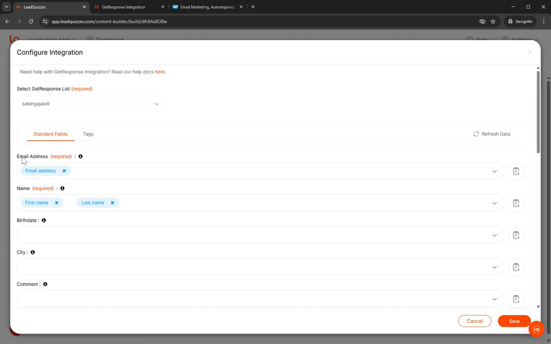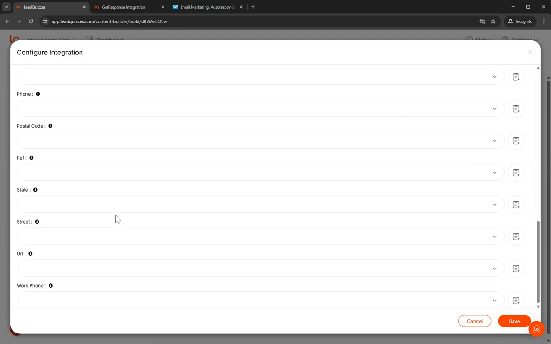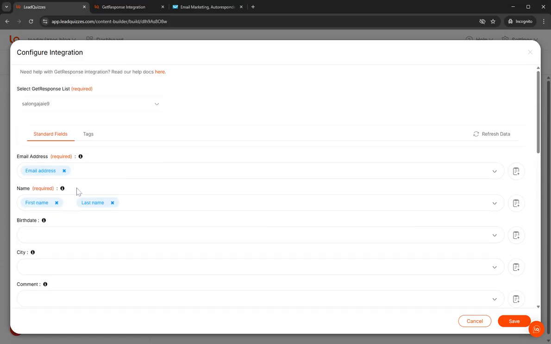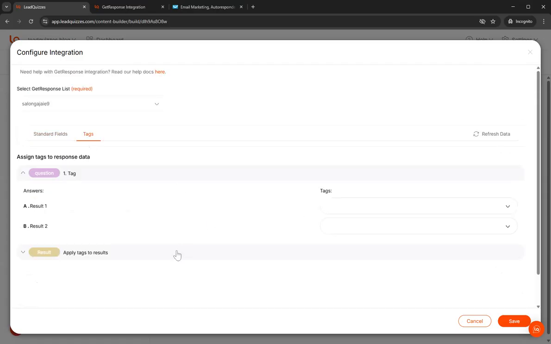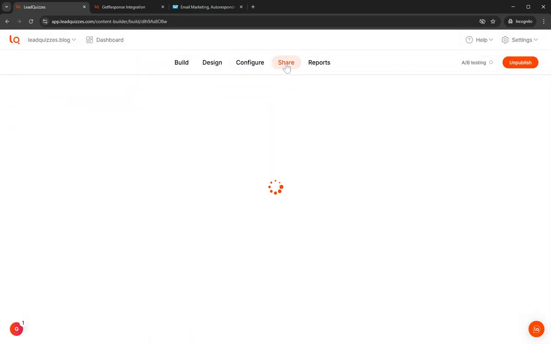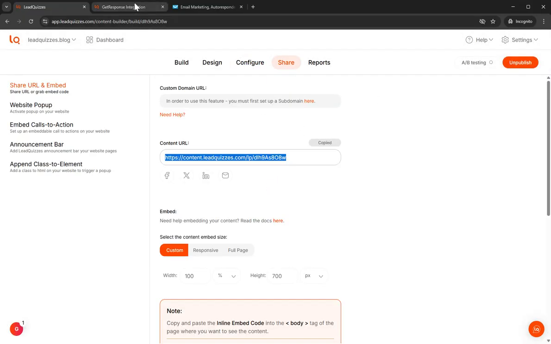So for this one, we have email address and name. I have mapped email address, first name and last name. And then I also mapped the company here. For the tags, this is not required, but I mapped the result 1 and 2 for the results that we have here. So after that, you can take the content